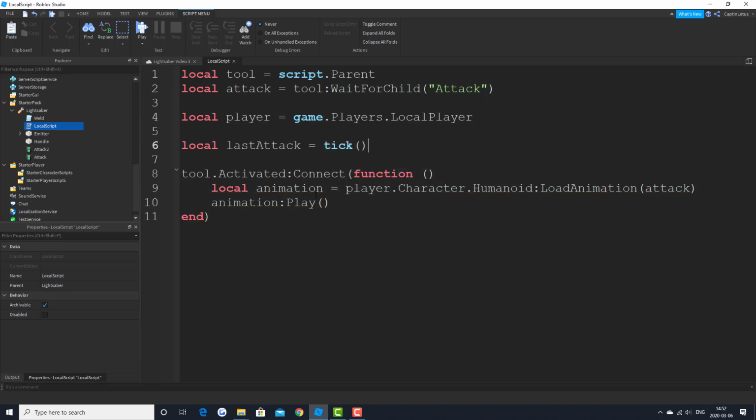And what tick does is it returns the number of seconds that have passed since January 1st, 1970. That information is completely irrelevant, but the thing that you have to remember is that if we call tick now and wait 10 seconds, the tick that's 10 seconds later will be 10 seconds later. So we can compare two different ticks and determine how much time has passed between one tick and the next